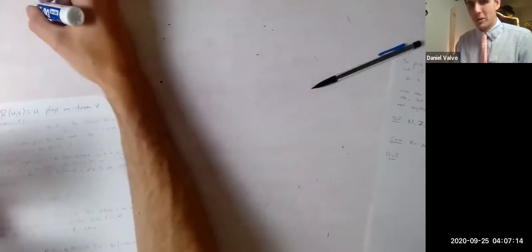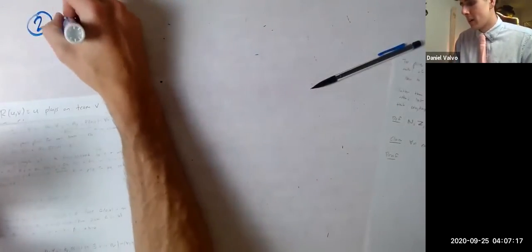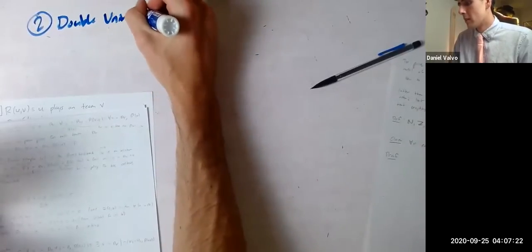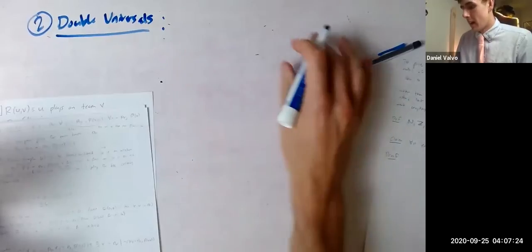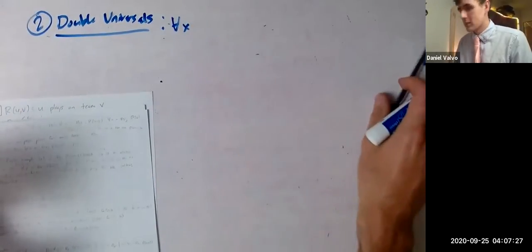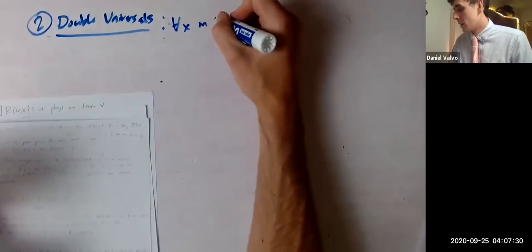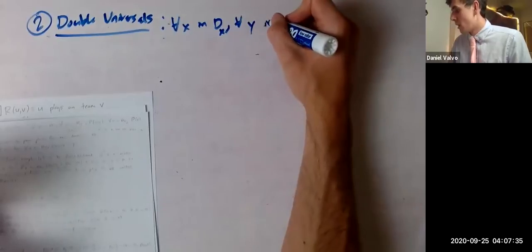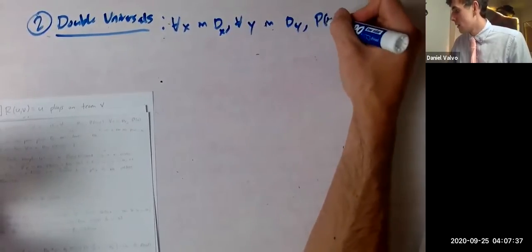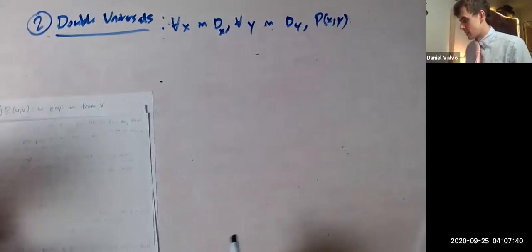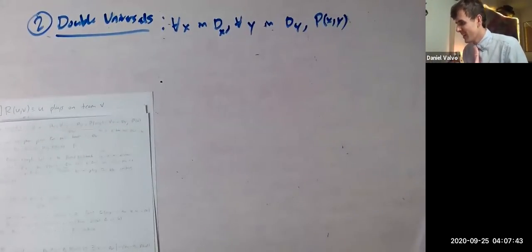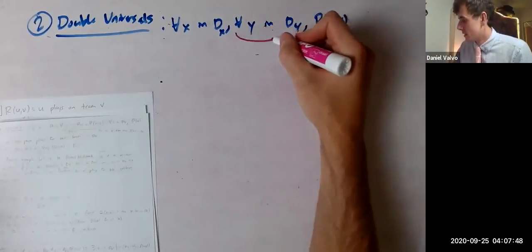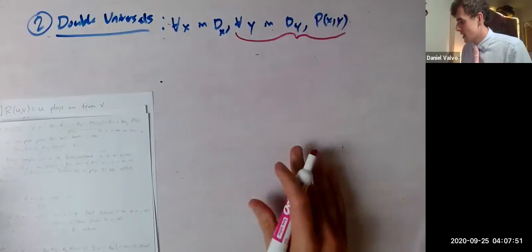So what's a good color? Blue is good. So this is the second one, and this is double universals, and they have the form for all x in dx, so dx is the domain for x, for all y in dy, P of x, y is true. And here's the thing to notice. Just like the existentials, this guy right here,